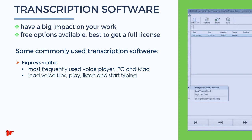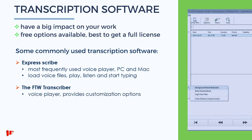These are known as hotkeys, which you can use to control the audio rather than a foot pedal. Express Scribe can also be configured with a foot pedal. The FTW Transcriber. This transcription software is also a voice player that provides customization options and great features like automatic